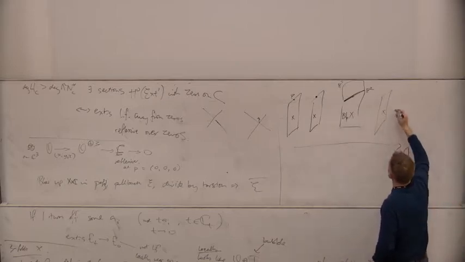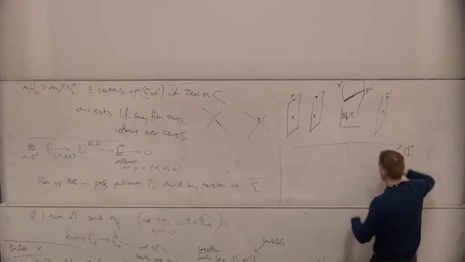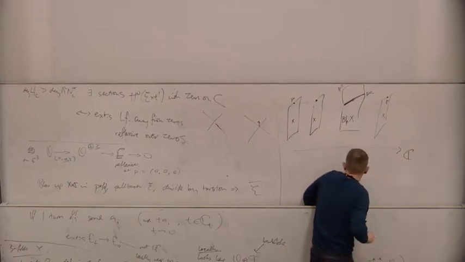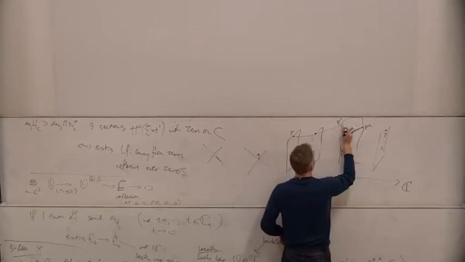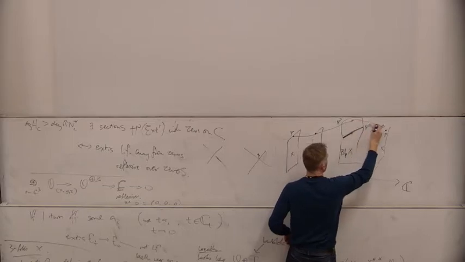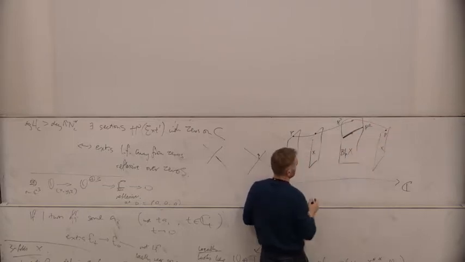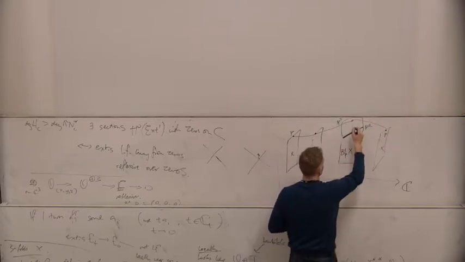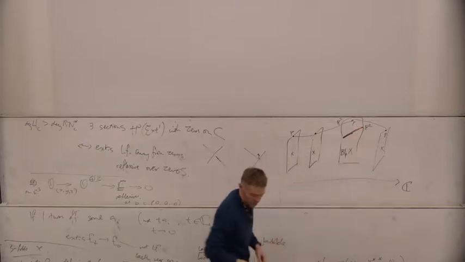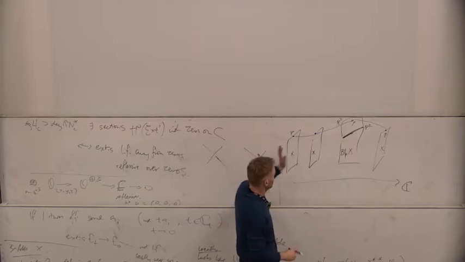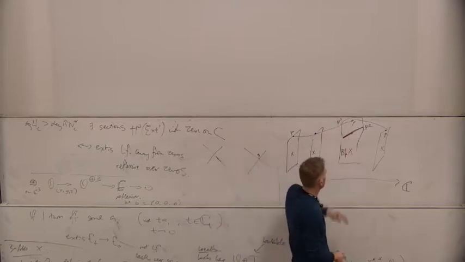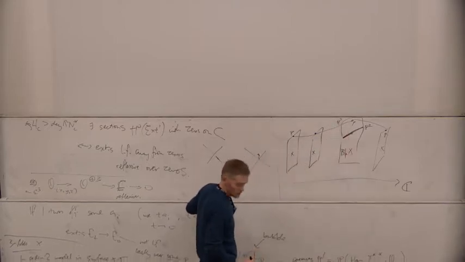Here's a copy of X again with the point P. And then you can follow this point P, and it goes to some point in the P3. It doesn't go to a point in this P2. Okay, so there's a new point P, which is sort of the proper transform of the old point P. Okay, and you get this new sheaf on here, which you can restrict to this central fiber. And so